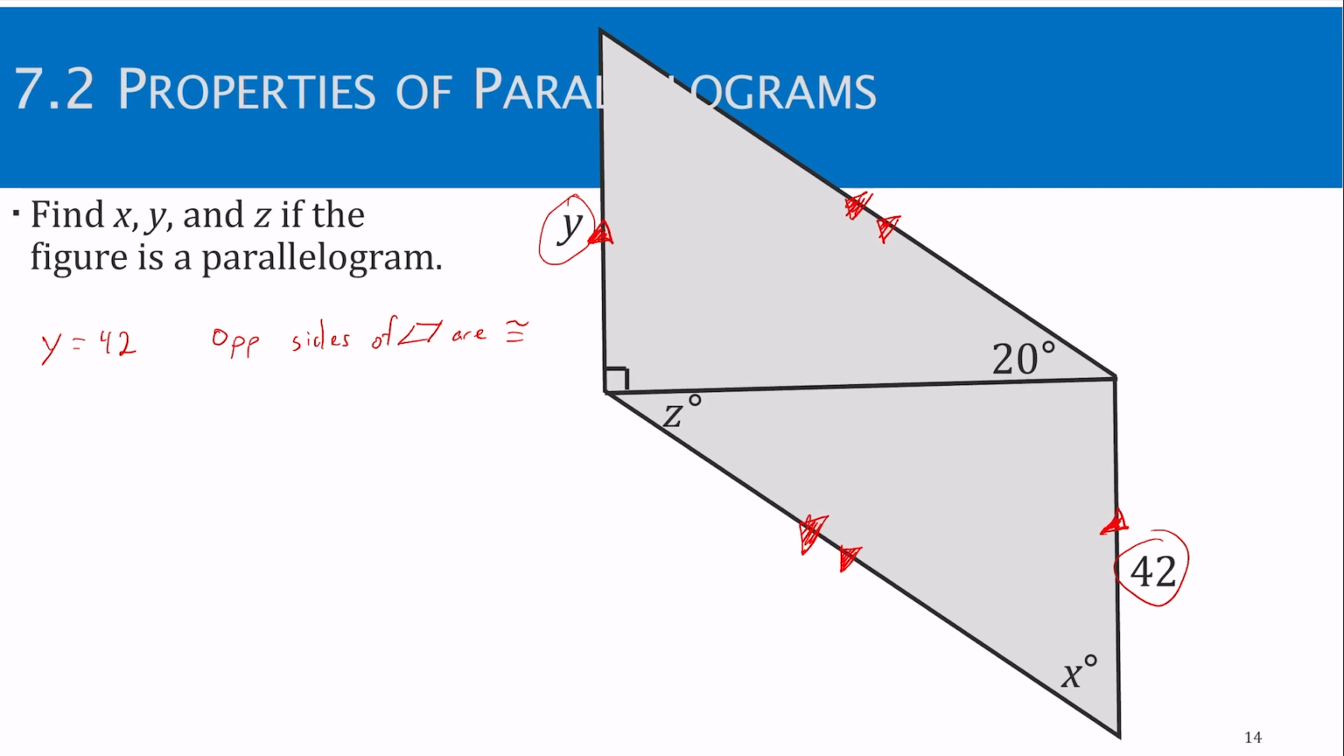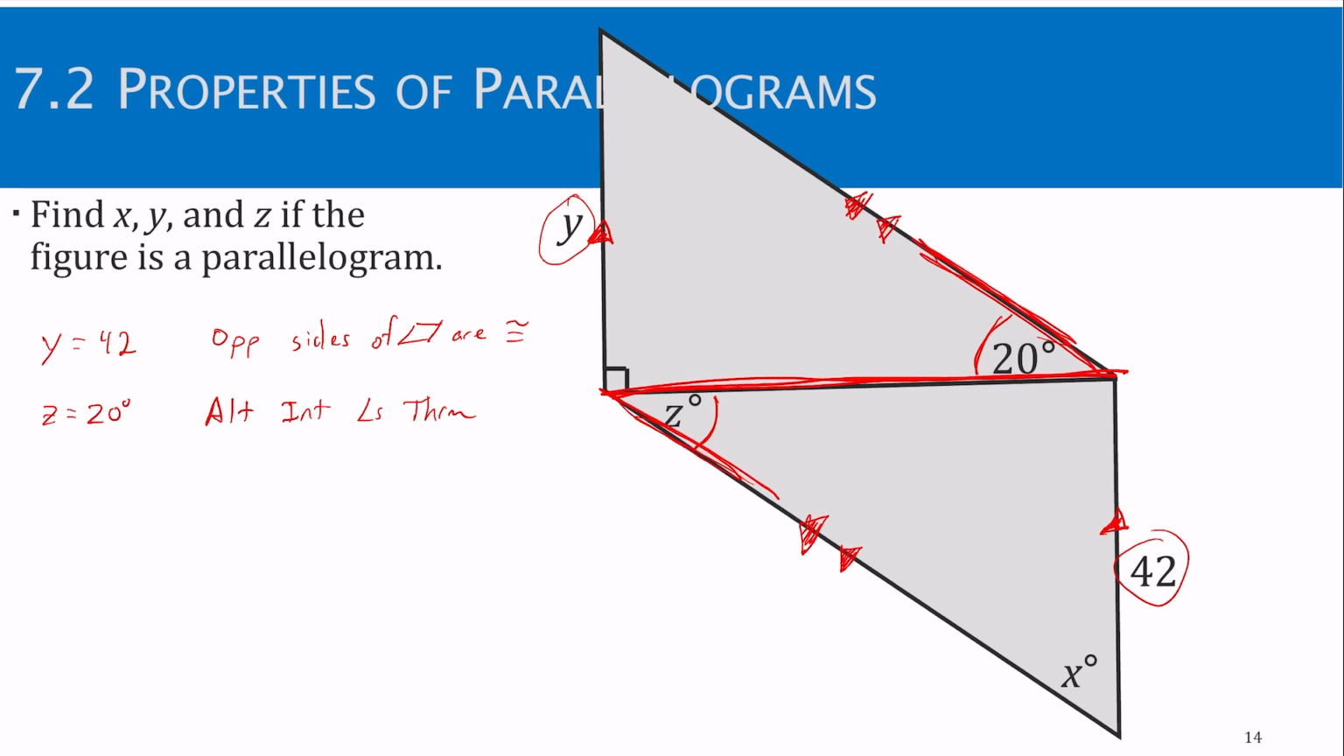Oh, hey, the other easy one is z. Z is 20 degrees. Why are those angles congruent? Well, we have a parallel line and a parallel line and a transversal. So this is going back to chapter 3. Z and the 20 degrees are actually alternate interior angles. So Z is 20 because of the alternate interior angles theorem,